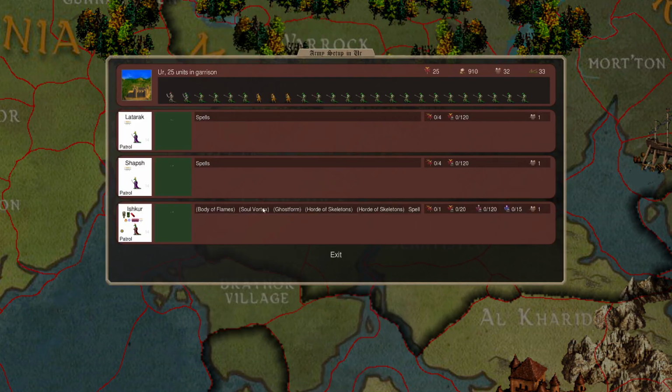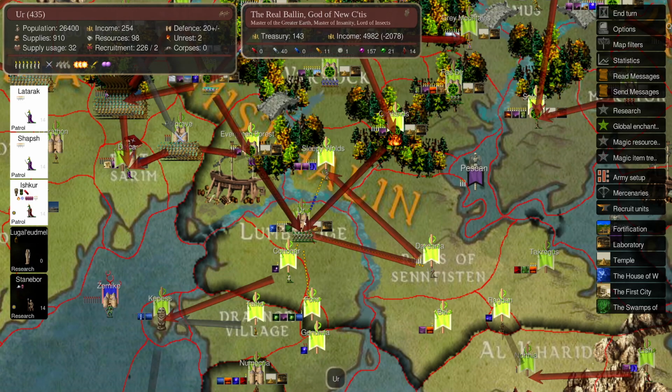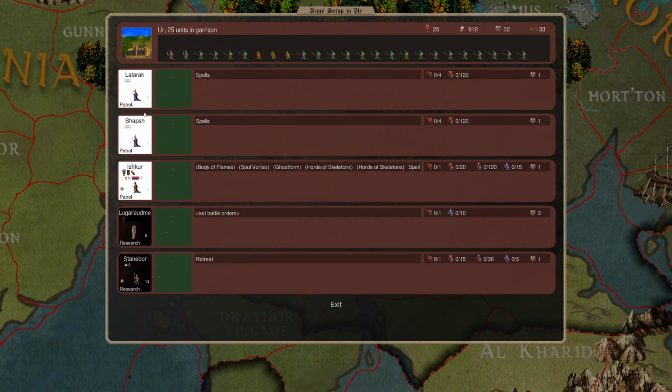And what I have is this guy doing Body of Flames for a Heat Aura, Soul Vortex, Ghost Form for a Chill Aura, and then just Horror Skeletons. And then I think I have a lot of PD. 20 PD. I probably should have put more. And I have all of that so that...